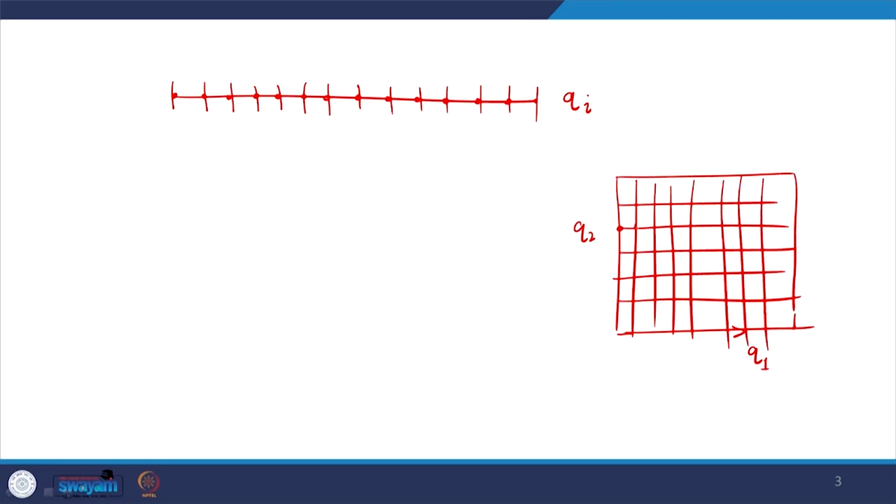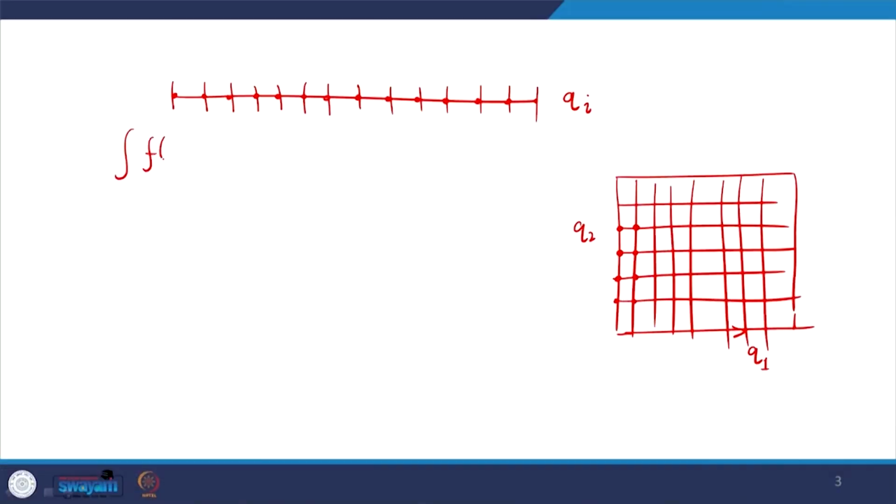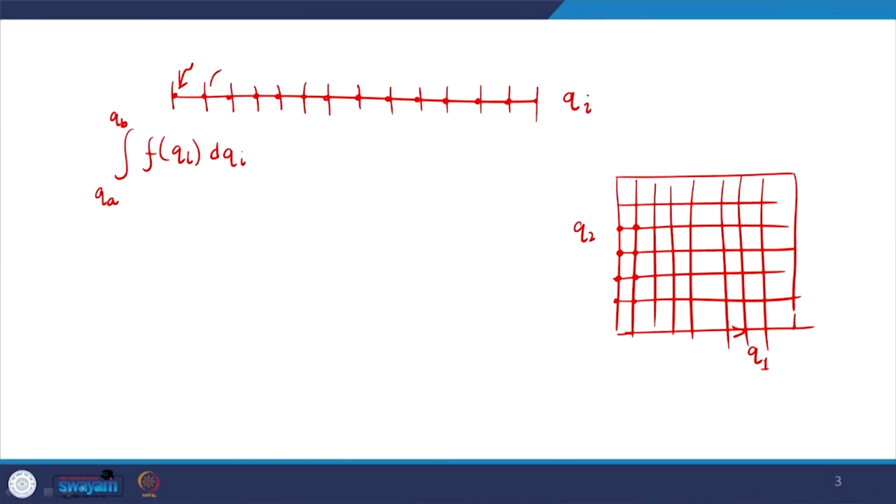And I will evaluate the function at all of these grid locations, right. And the key idea is, let us say if I am doing a one dimensional integral, let us say if I have to integrate some function of qi with respect to dqi, let us say from qa to qb, this can be represented as sum of the values at these locations, right. Something like, for trapezoid rule, this can be half of